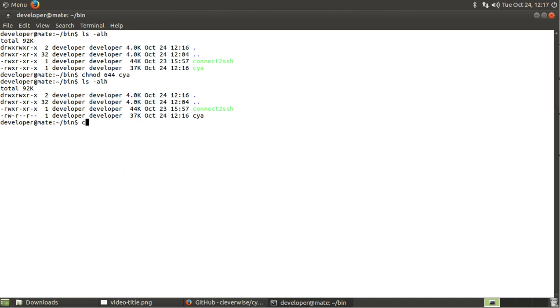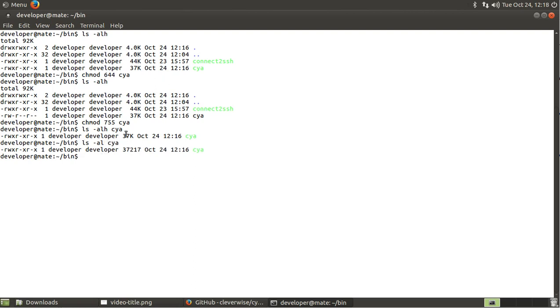So in order to enable this, though, we have to change the chmod. It's up to you. You could do 700 CYA if you only wanted the user to execute it, or if you wanted other users, you could do 755. It's up to you. So now if we ls this again, or we can ls just that file, ls space -alh. H is human, by the way. If you're not familiar, that's the human tag, meaning all sizes will be in human readable form. See, for example, if I don't put that on there, just to show you, you see up here we get 37K,